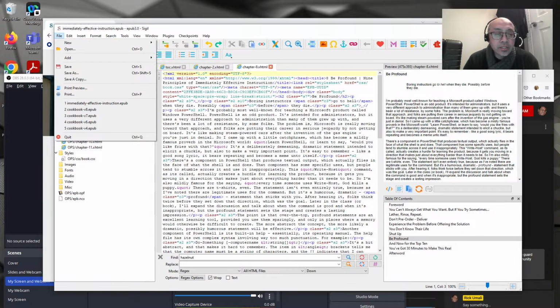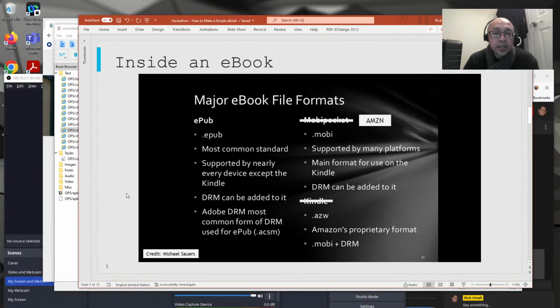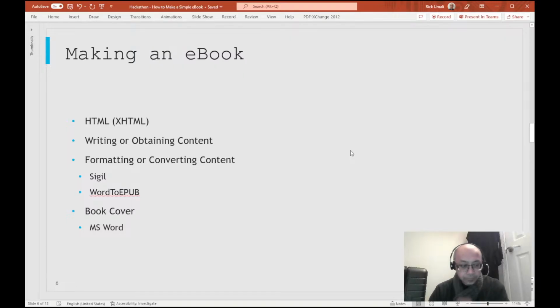So that's what's inside an ebook. It's a container that has a certain format, and I found with Amazon it was difficult to uncompress some of the files, but if you open up an EPUB, which the Amazon files are, you will find a website in a box. So we're going to go and make our, excuse me,